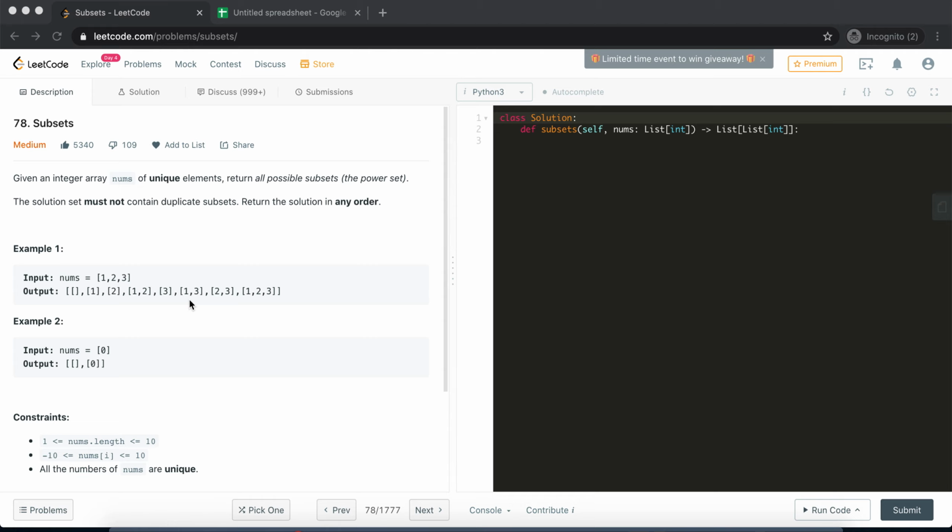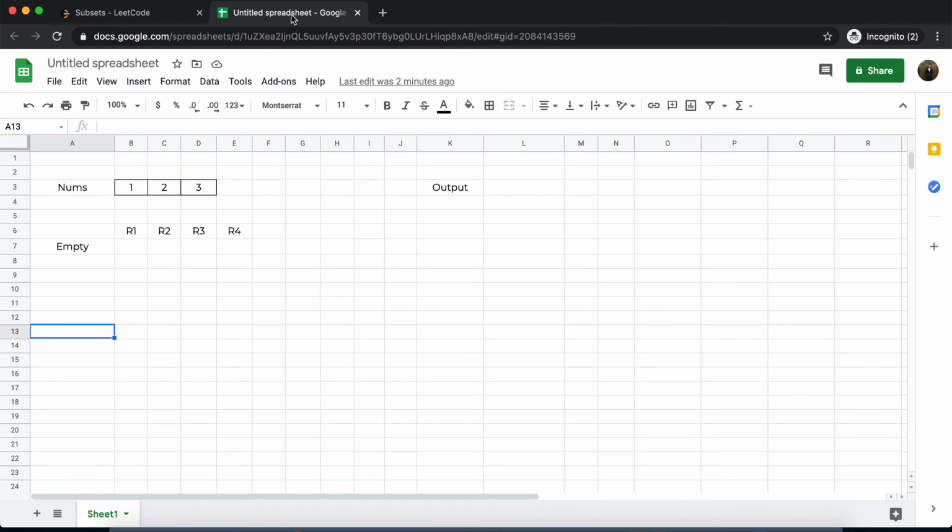Whenever we see problems like this where we need to return all possible combinations of certain things, backtracking is the solution that usually fits in very well. So here also we are going to use backtracking to solve this problem. We all know that backtracking involves a lot of recursion, so we need to understand how the logic will work. Here we have three numbers 1, 2, 3, and a few recursive functions. We'll see how the logic of each of these functions will work.